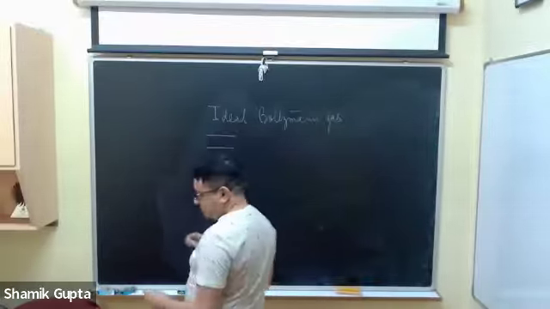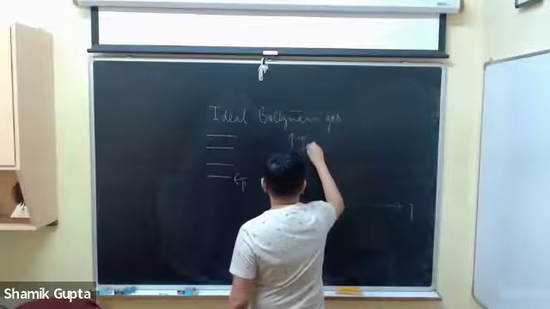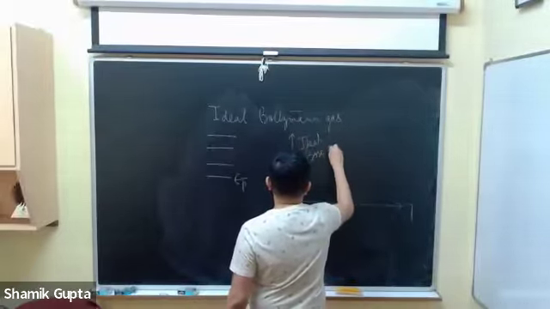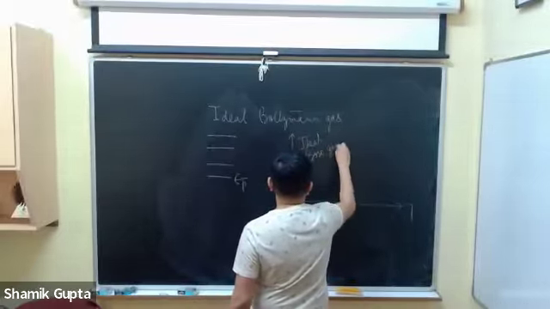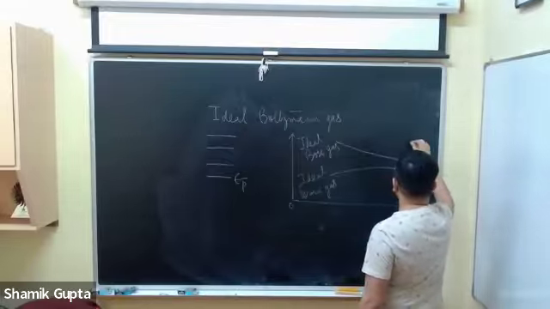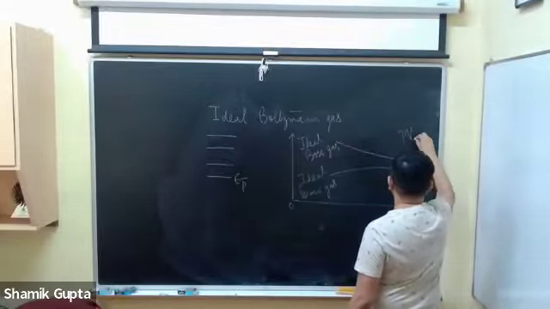If you recall, in the last lecture, we had shown this. This is my temperature. So this is the ideal Bose gas, and this is the ideal Fermi gas at low temperature. And as you increase the temperature, they both start to become similar, and eventually, at very high temperature, you get the ideal gas law.